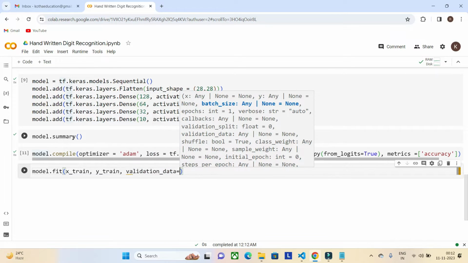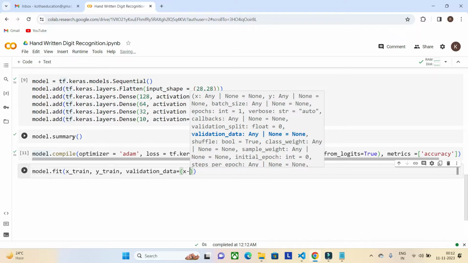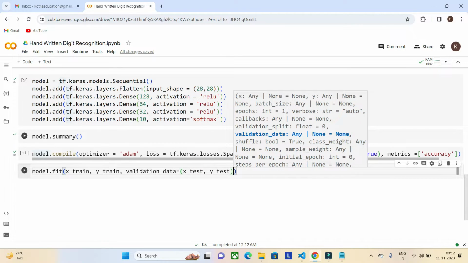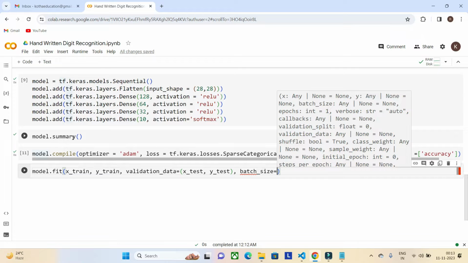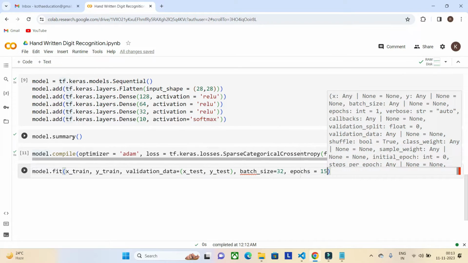So validation_data equals X_test, y_test, and I'm going to add the batch size here. Batch size 32, and epochs equals, let's have 15.